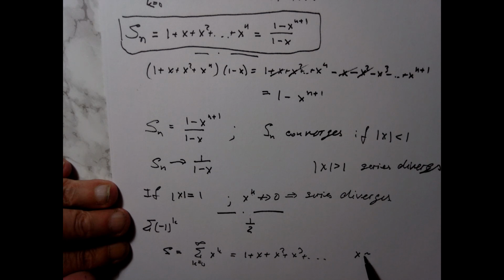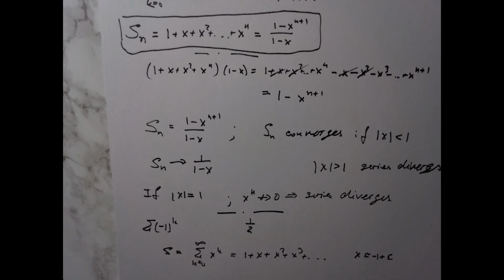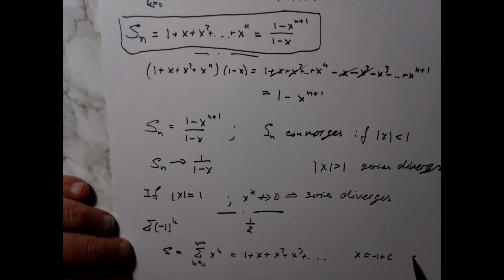So x is equal to like minus 1 plus epsilon, right? Well, if x is equal to minus 1 plus epsilon, and epsilon, of course, is a tiny itsy-bitsy positive number, in that case, the absolute value of x is less than 1,